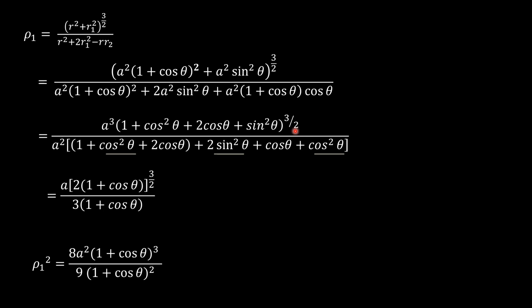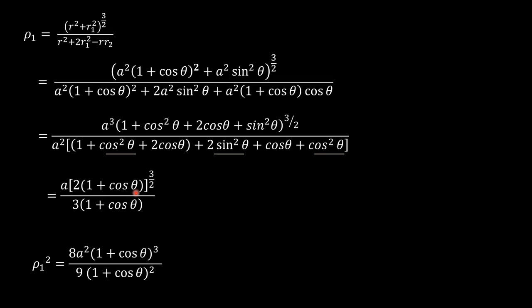Just square it, students. Since we have to prove that rho 1 square plus rho 2 square is equal to 16a square by 9, I am just squaring rho 1 over here. So rho 1 square is equal to a square into 2 to the power 3 by 2 whole square. 2 to the power 3 by 2 whole square is nothing but 2 to the power 3, and 2 to the power 3 is nothing but 8. Clear? Divided by 3 square, which is nothing but 9, into